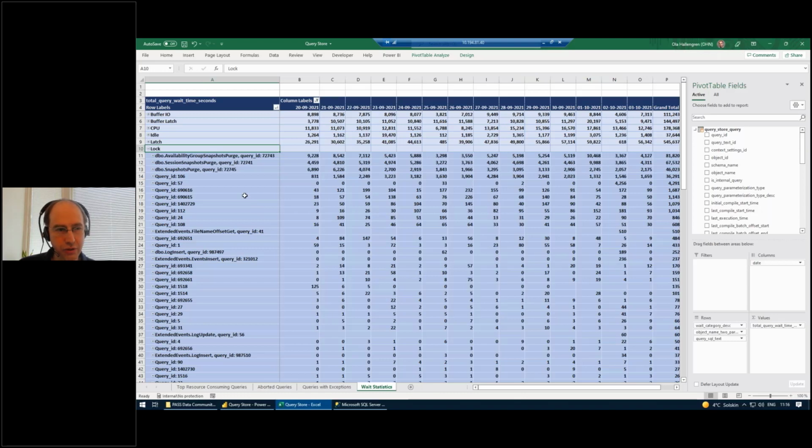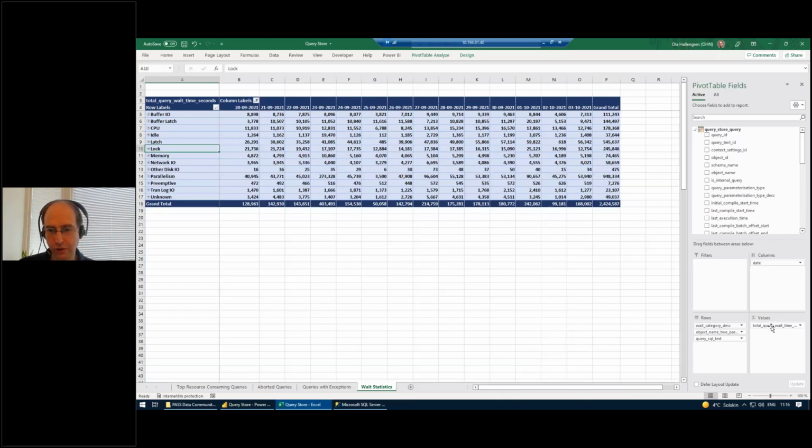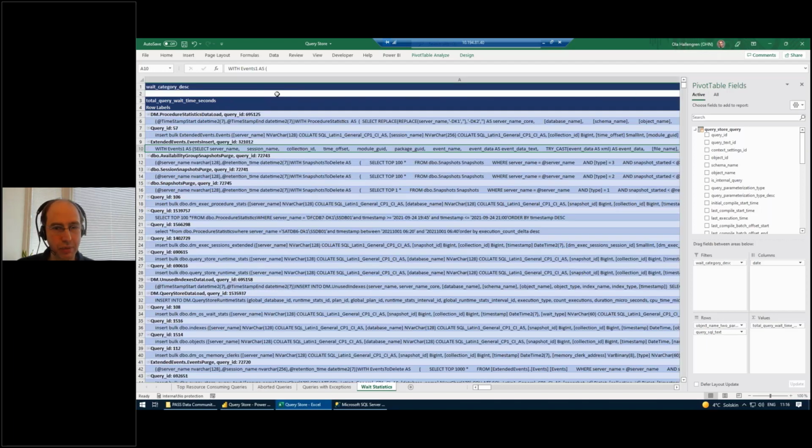Okay, so which queries are waiting the most for locks? So this is also quite a powerful way of analyzing it. And of course you can use filters in different ways, and so let's say that I'm only interested in a certain type of